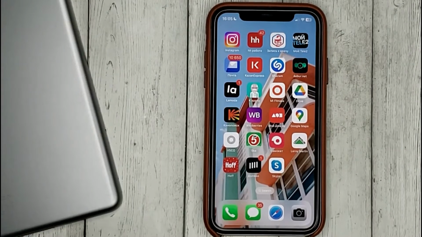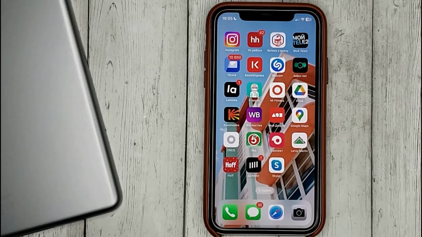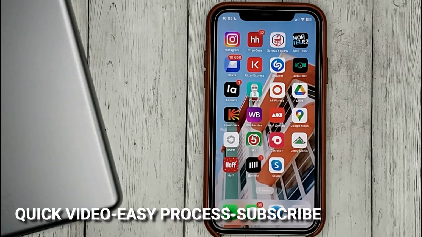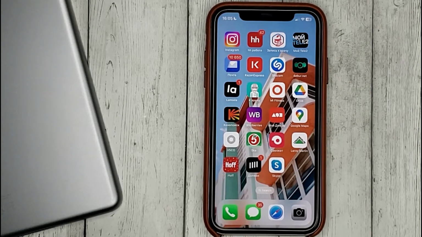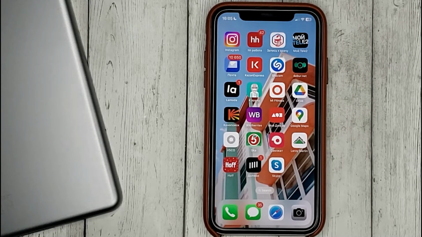Hello guys, today we are talking about how to uninstall and restore default Apple applications. This may be your first time using iPhone and you don't know how to do it. Today we're gonna show you this. The latest versions of iOS allow you to delete standard Apple applications that you don't use and that take up